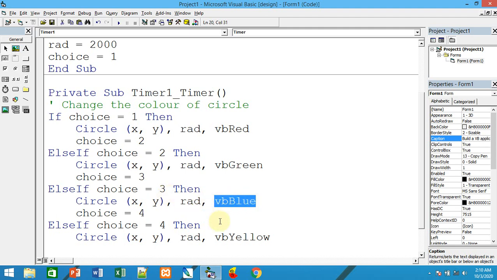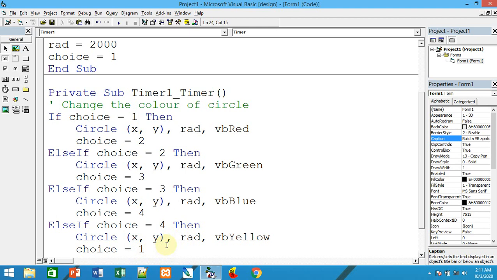When the circle is blue, the next change of value is 4. What about after 4? After displaying the yellow circle, you should return back to red, isn't it? So here again, choice equal to 1.